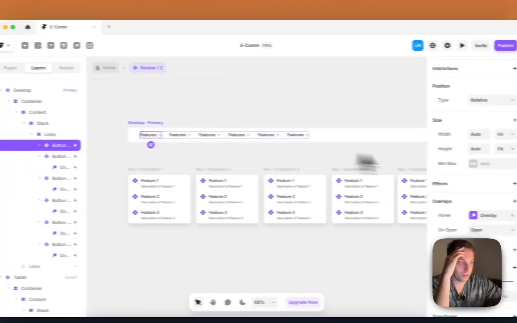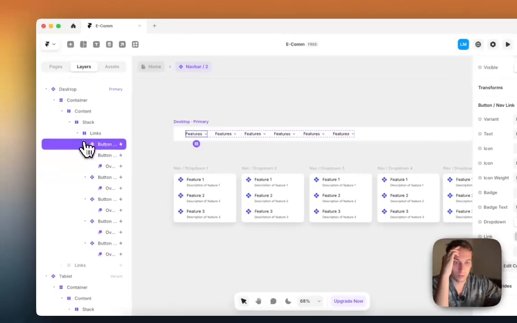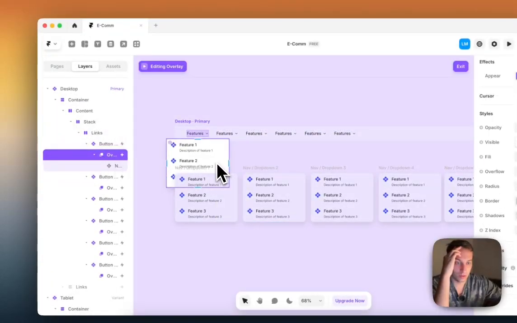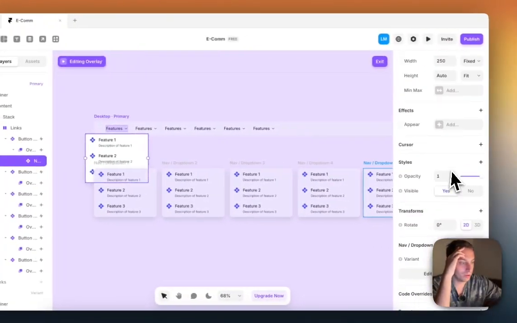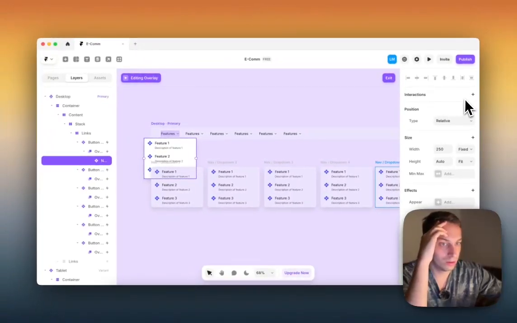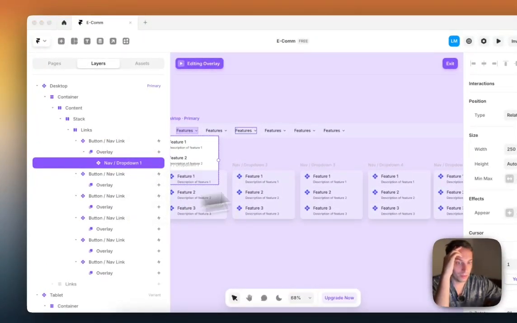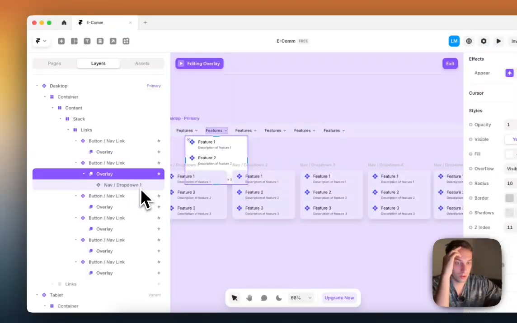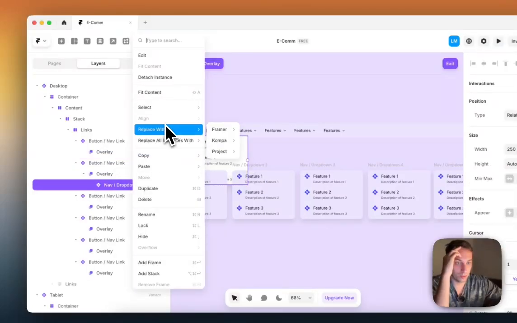The first one, obviously drop down 1. So we have our different things here, and we want to edit the overlay. See what it says, nav drop down 1. Okay, we can place